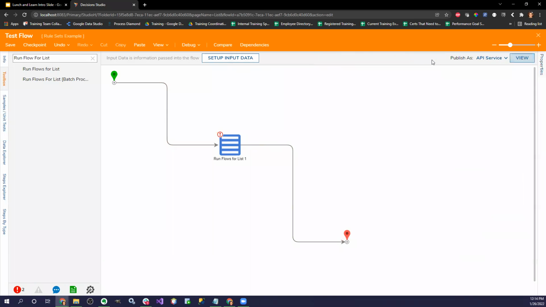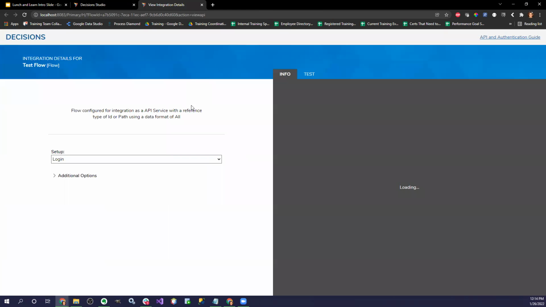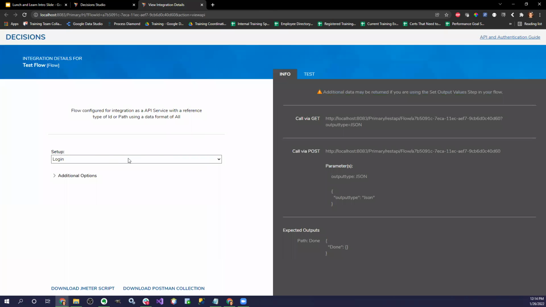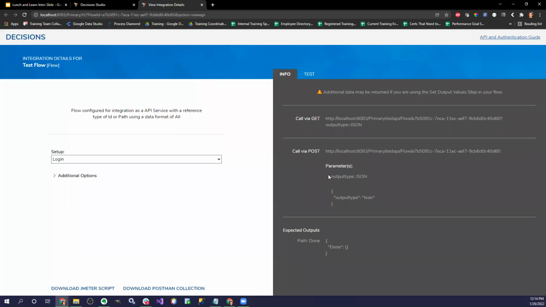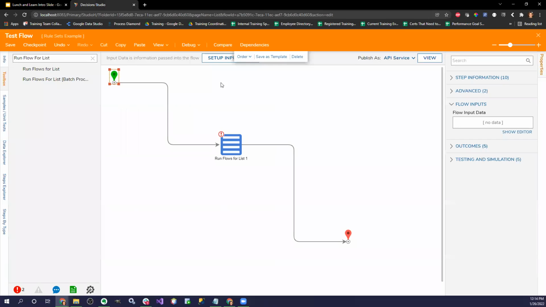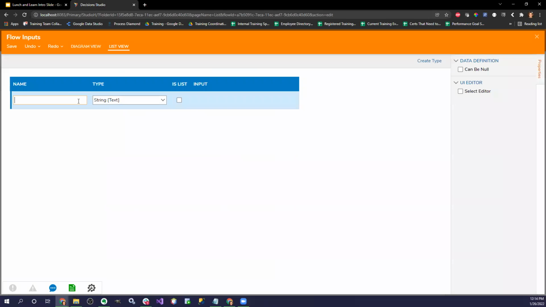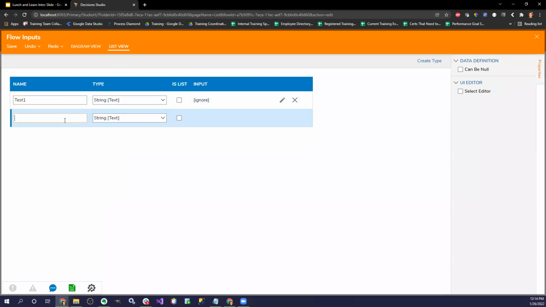When I view the integration, a new tab will appear, and that's actually three areas. It'll be your inputs and outputs that will change it, and then also your authentication method will change it. Because as you can see here from my post, I have no inputs or outputs, it's just the done. But if I change that, so let's say I'm going to add test 1, and this is going to be test 2.